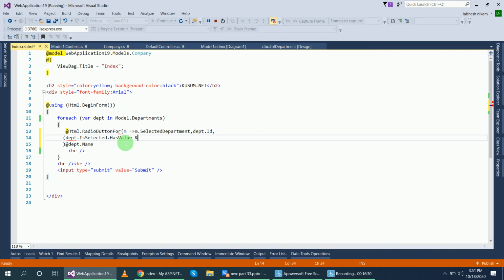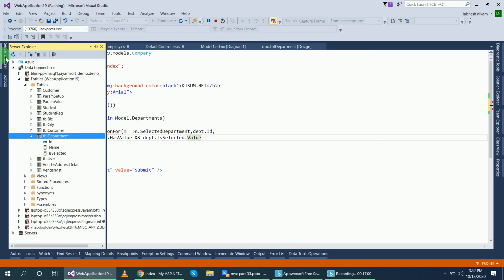And again this copy paste. So in place of HasValue, okay, if department dot IsSelected dot Value has value and the IsSelected value is okay, then return what?